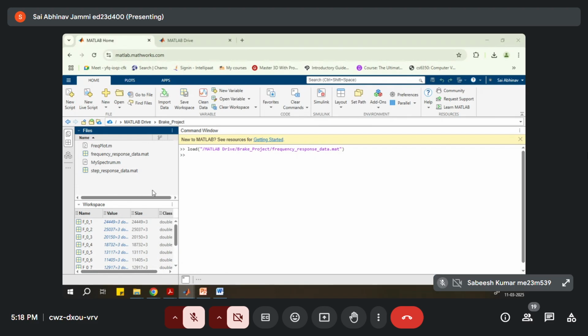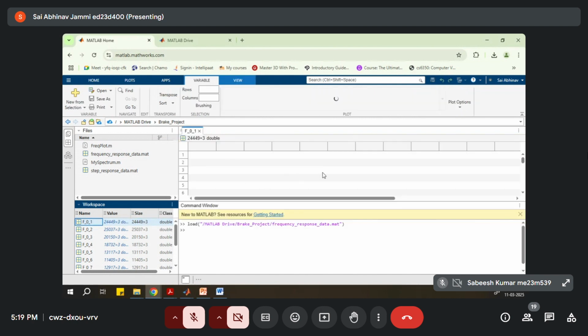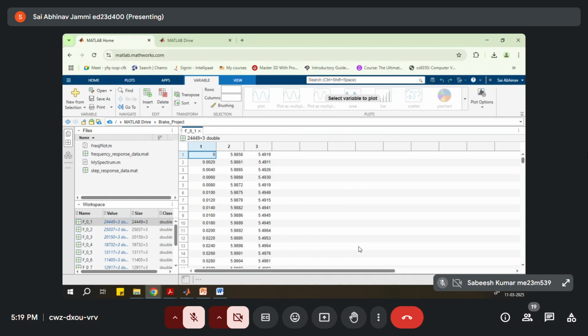Then I'll proceed. So when you double click on the frequency response data, this command will get automatically executed, and on the workspace you will see that these data variables are loaded. So what are these? Double click on one of the variables. Now you will be able to see that. So for each of these variables,